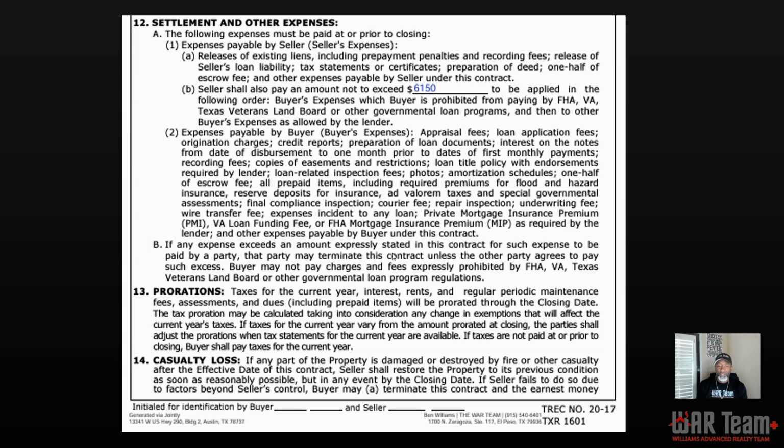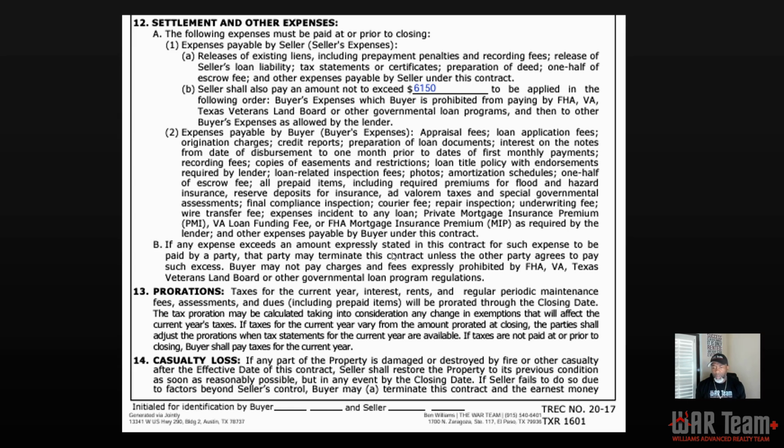Section 13 outlines prorations and how they affect the current tax year, and it also tells you in this section that if taxes are not paid at or prior to closing, buyers shall pay taxes for that current year. It's telling you in the contract.